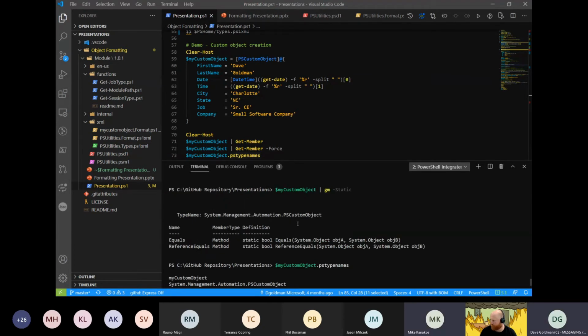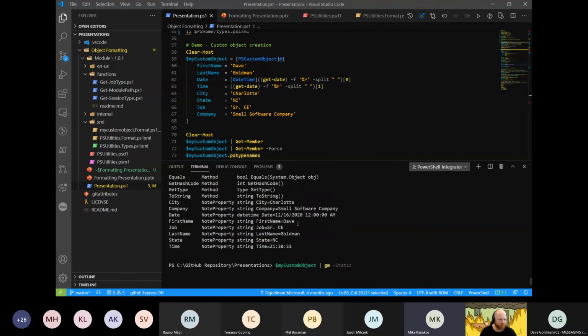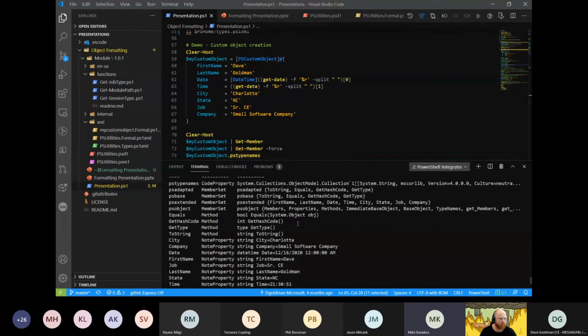I agree with Phil. It's so interesting to see how this stuff goes together. I've just run these commands and really taken a lot of this information for granted. Didn't know half of this stuff was there.